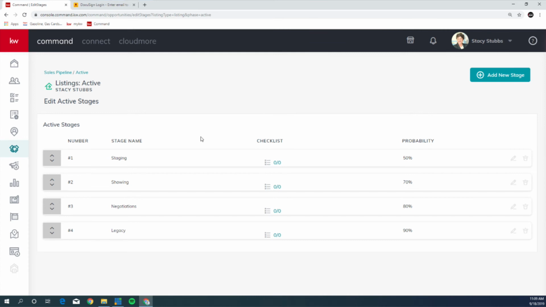So in the active phase, I haven't played with this one as much as I have the under contract phase. But anyway, staging, showing, negotiation, but clearly you could have way more steps. And even in the staging, I can